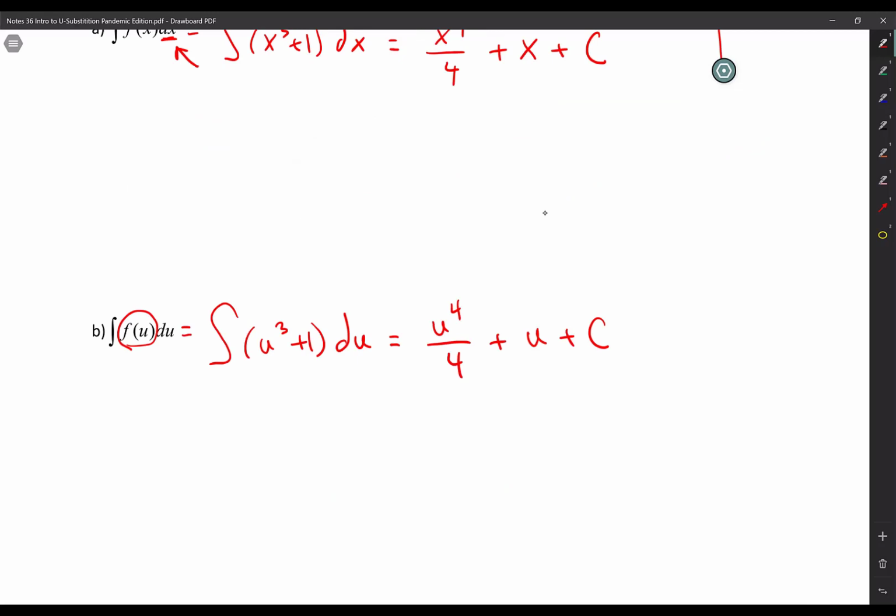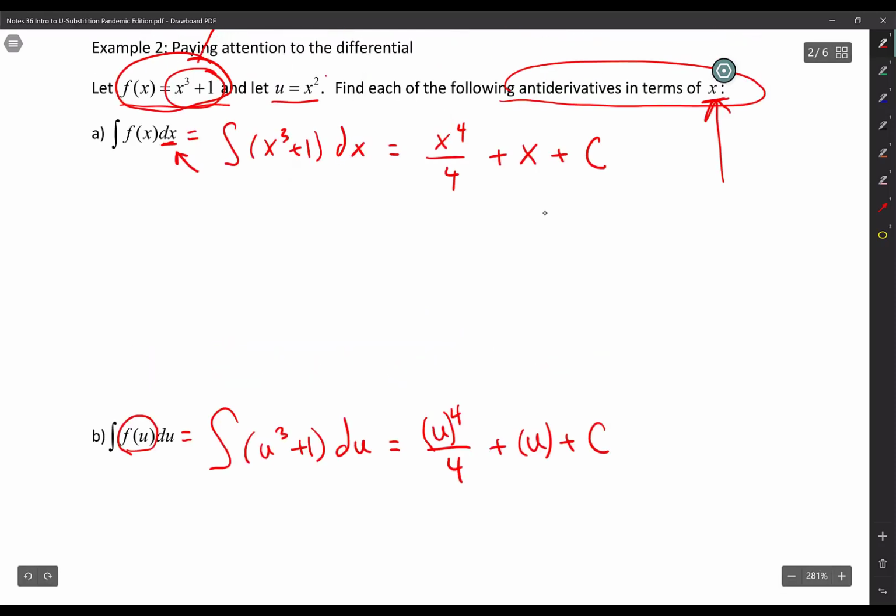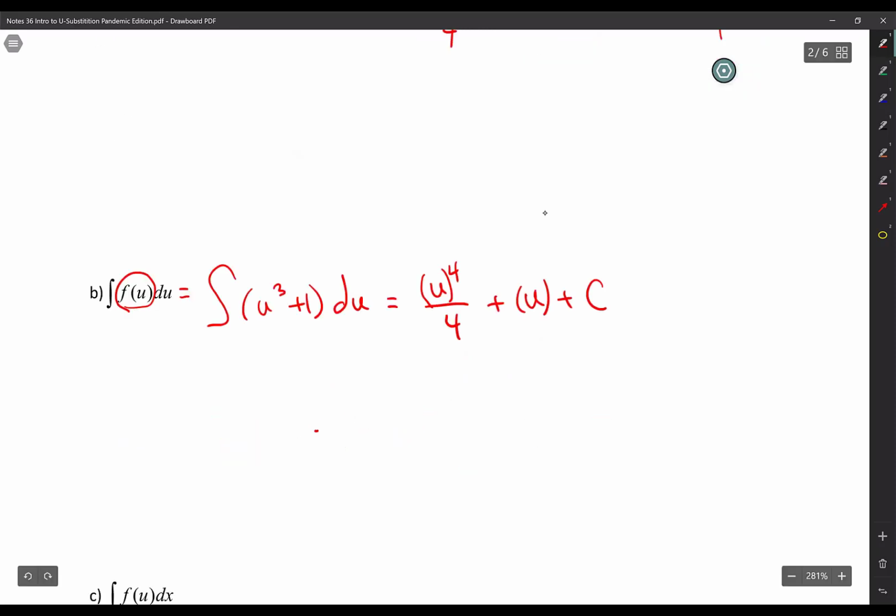So to help you out, because a lot of kids get confused here, this is u to the fourth. So put parentheses on that u there, because that's where we're substituting. So to help you out, just in case you guys get confused. Now, what does u equal? So anytime I see a u, I'm going to insert what in there? An x squared. X squared to the fourth over 4 plus, and then you can just drop the parentheses, drop